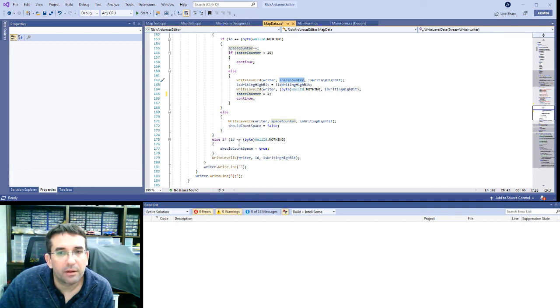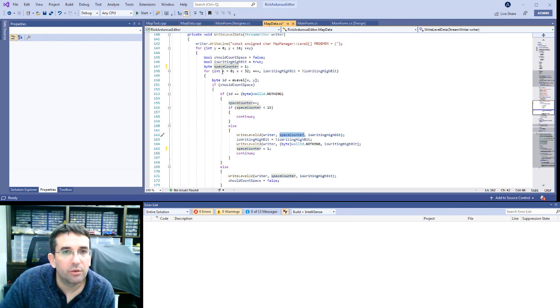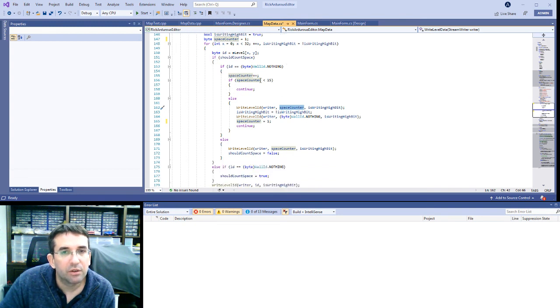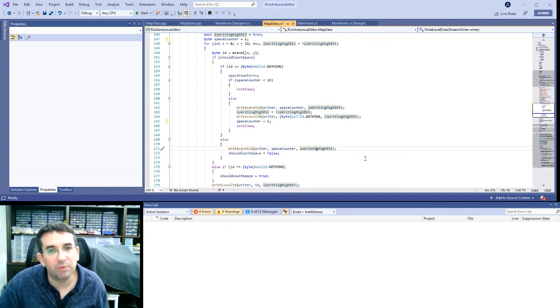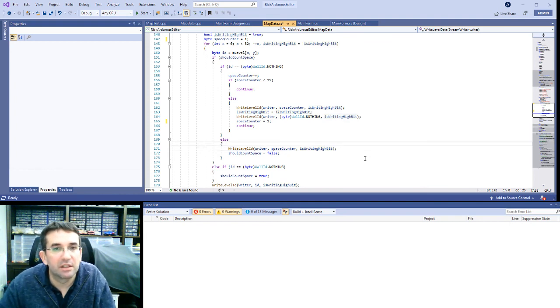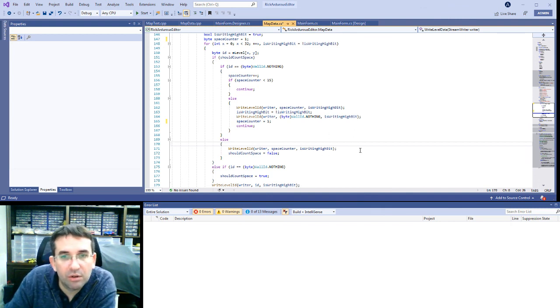So yeah, we have space, then something. Okay, so space, we go here. We should count space. We write space. We write 15. Then we are counting space here. The next one is not the space, so it's not here, it's here. And yes, here we were counting space, but now we're not counting space, so we should write our space count before writing. Okay, we write our space count,